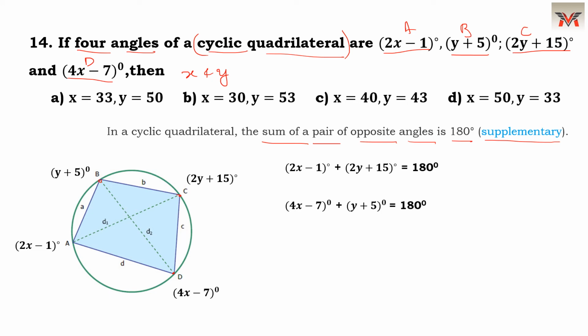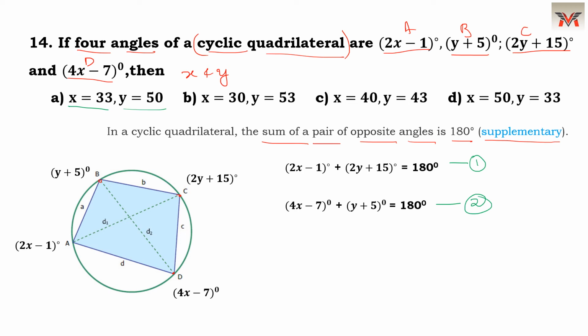But here there is no need of finding the solution. Instead, what we can do here is simplify it. How can we simplify this one? Just by substituting the values. Just look at the first option. We have x is equal to 33 and y is equal to 50. Let us substitute and check whether we get LHS equal to RHS in both the equations, equation 1 and